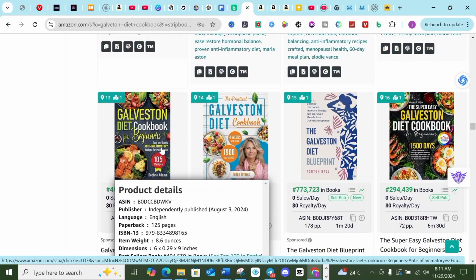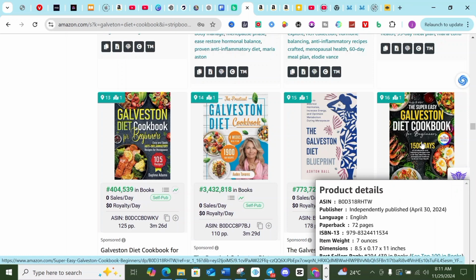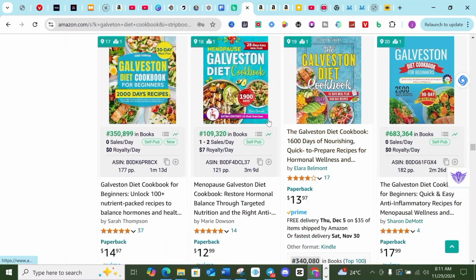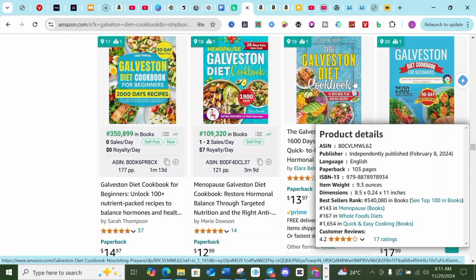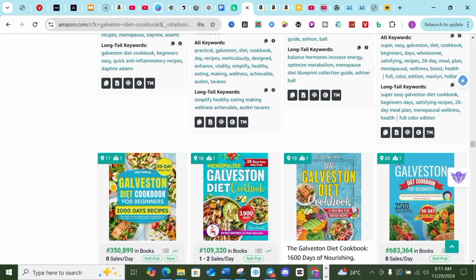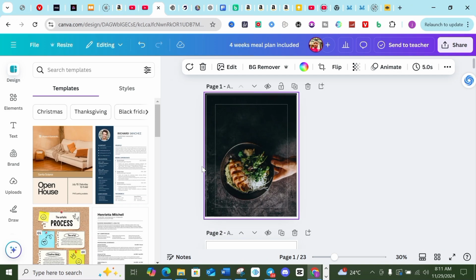See this one, there is texture on it. You understand? So if you are doing your cover design, you should try to use a background that actually has texture